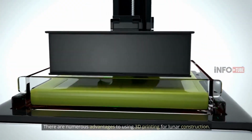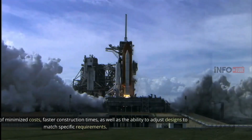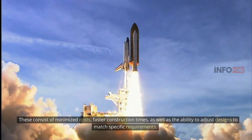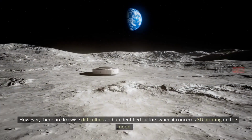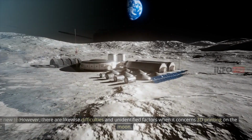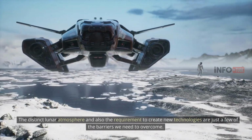There are numerous advantages to using 3D printing for lunar construction. These include reduced costs, faster construction times, and the ability to adjust designs to match specific requirements. However, there are also challenges and unknown factors when it comes to 3D printing on the moon. The unique lunar environment and the need to create new technologies are just a few of the barriers we